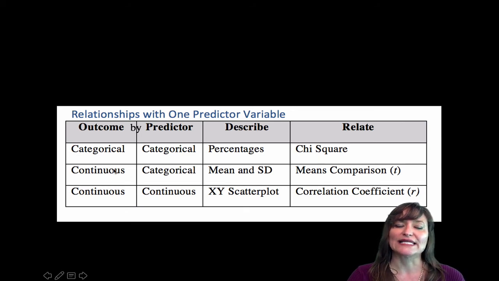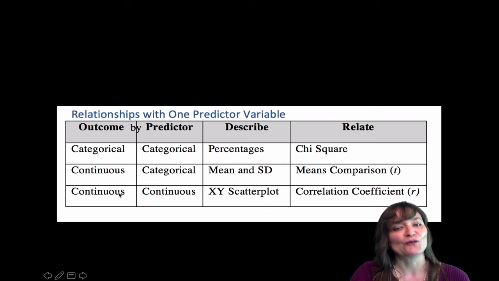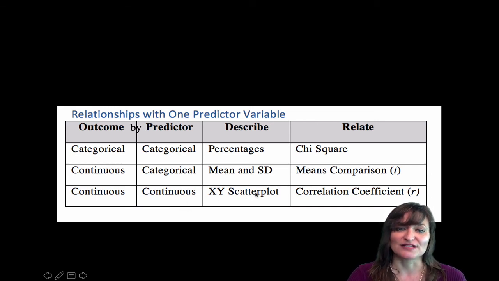When we have a continuous outcome and a categorical predictor, so we've got groups in the predictor and a continuous outcome, we have calculated the means and standard deviations for those different groups, and we've completed a means comparison. Now this one is new when we've got a continuous outcome and a continuous predictor. We will describe it with an XY scatter plot, and we'll relate it with a correlation coefficient,